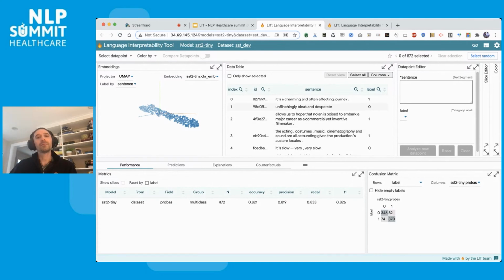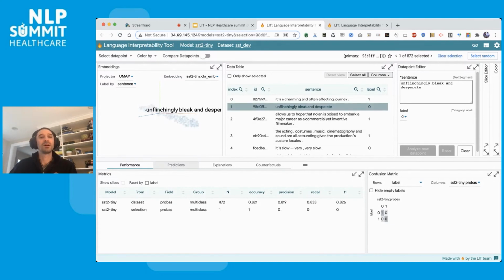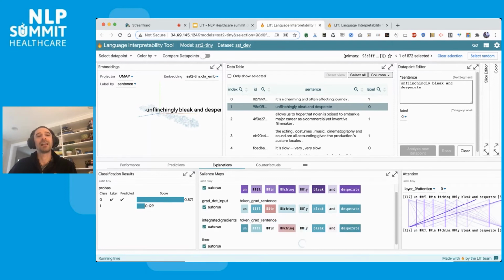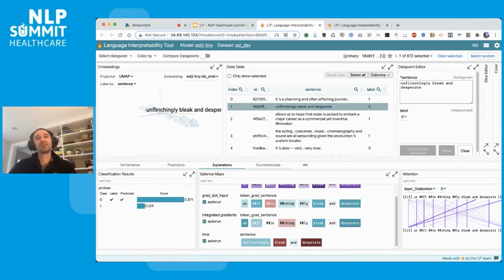Now, if we take a single example, we can go ahead and look at its prediction. In this case, it was a negative sentiment in ground truth, and it was also predicted as negative sentiment. The model got this one right. And we can look at the salience maps here to understand through different techniques which tokens were important to the model's predictions. So here's some gradient-based techniques. We can also run integrated gradients and LIME, which is a black box interpretability method. We can see that the words bleak and desperate are very powerful in dragging the sentence down to negative sentiment,